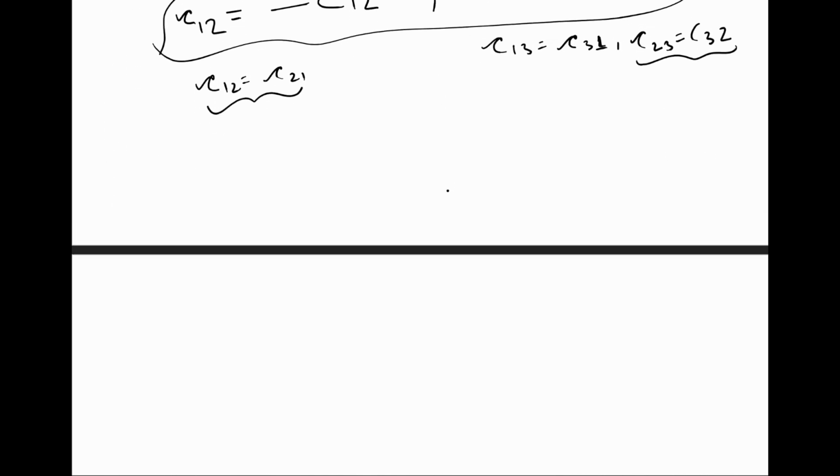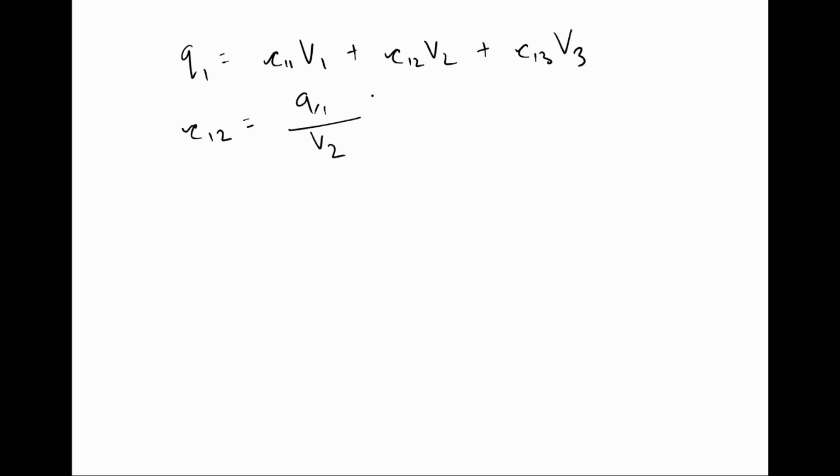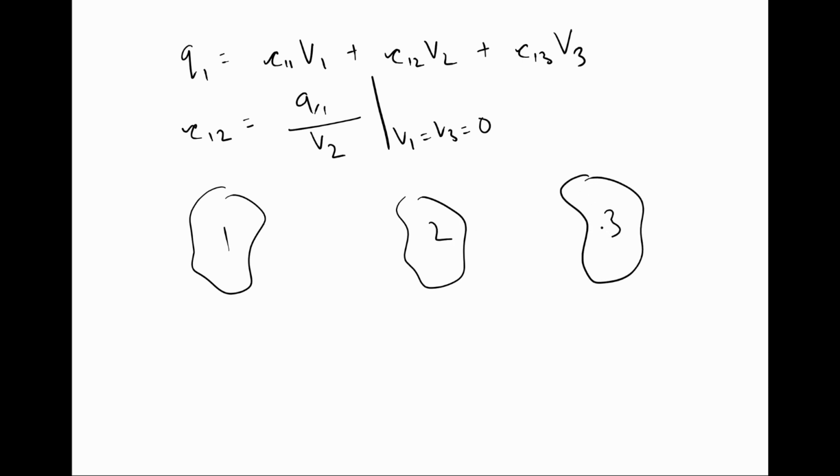We can justify this. How? So you see that Q1 is equal to C11 V1 plus C12 V2 plus C13 V3. So what is C12? It is Q1 over V2 when V1 is equal to V3 is equal to 0. What does it mean? It means that this is, let us say, conductor 1, this is conductor 2, and this is conductor 3. So I will ground this, I will ground this, I will give a potential here